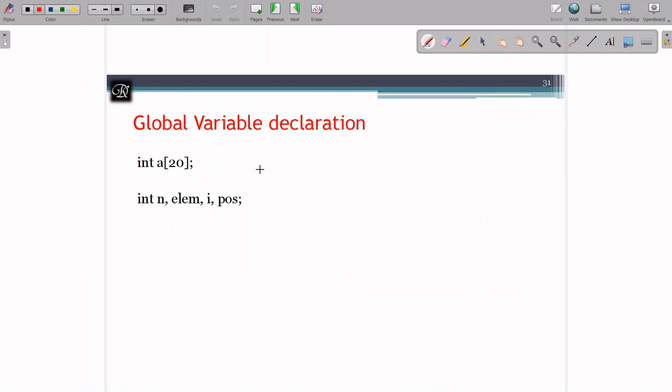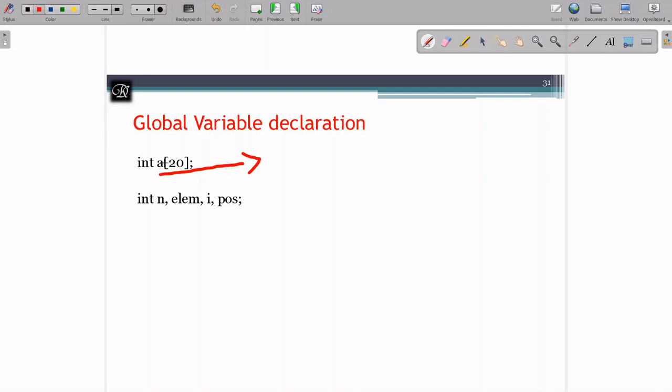For that, first we are going to use some global variables over here. So global variables means it can be accessed anywhere in the program. That should be done immediately after our header file inclusion. So now what all I am having as global variables. First I am using an array. So I am using an array with 20 elements. So it means maximum I can store 21 elements in my array. More than that, if you want, then you have to change the size of this.